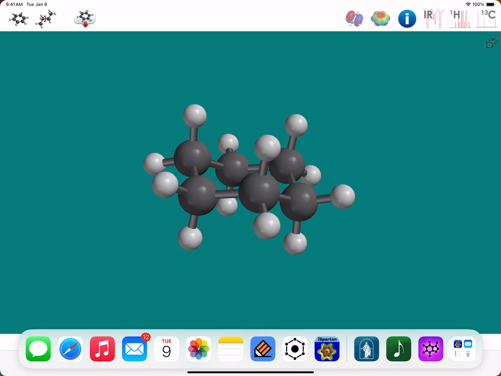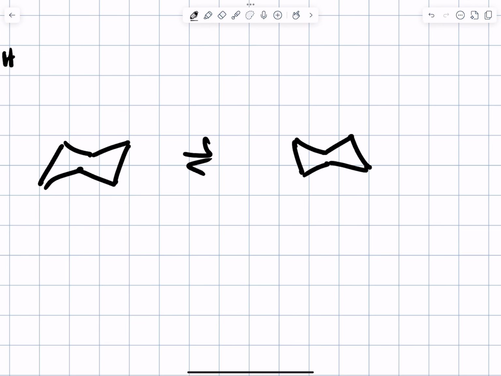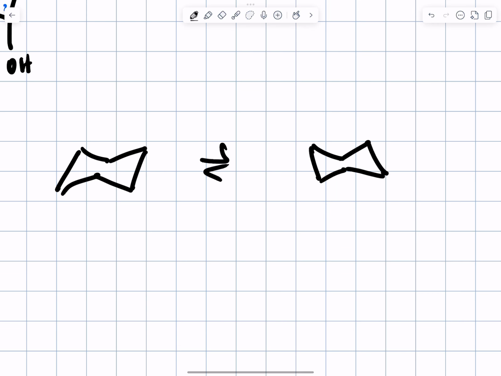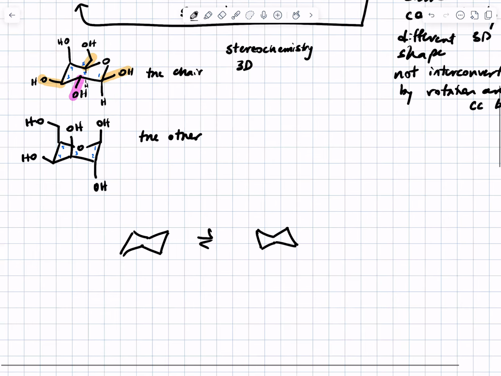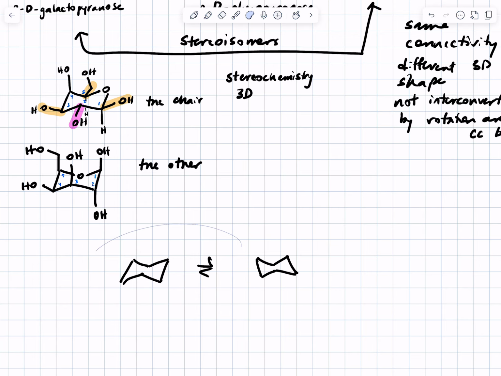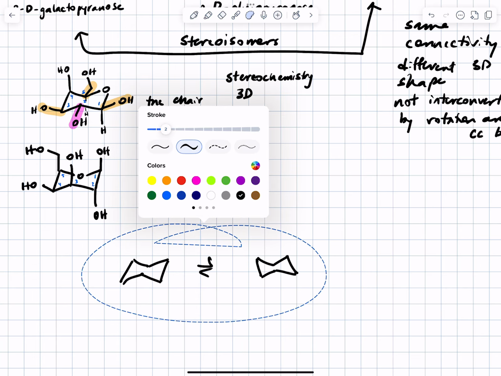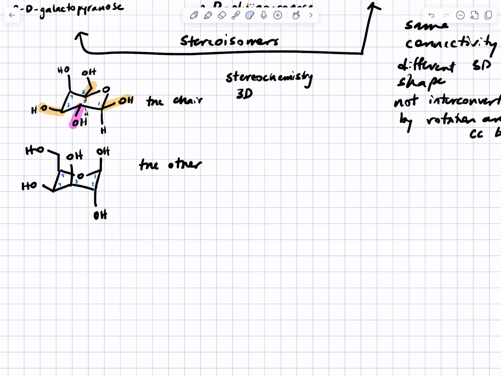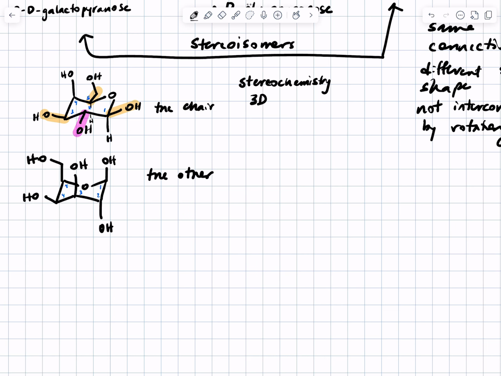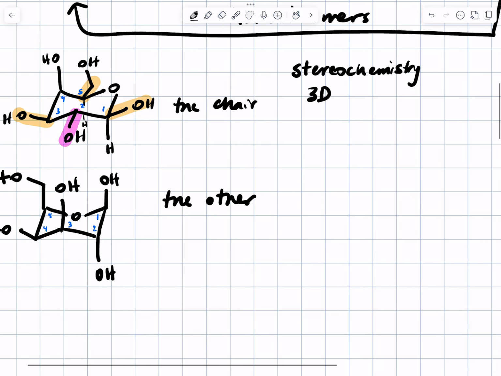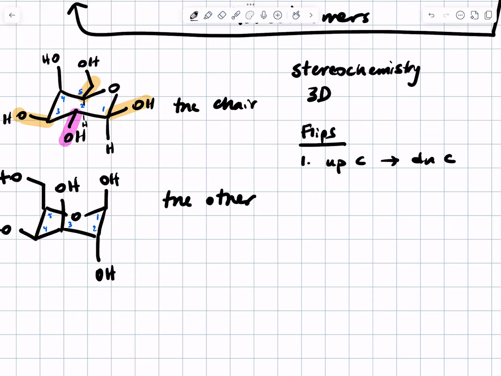So drawing two chairs like this and saying, oh, there's a chair flip and it's obvious, to me it's kind of like, but I just took a step to the left. So what's the difference there? The important thing to remember, how you draw the flipped chair actually doesn't matter. If you want to draw it that way to convince yourself that something happened, then that's okay, more power to you. But the thing that happens when the chair flips is up carbons become down carbons